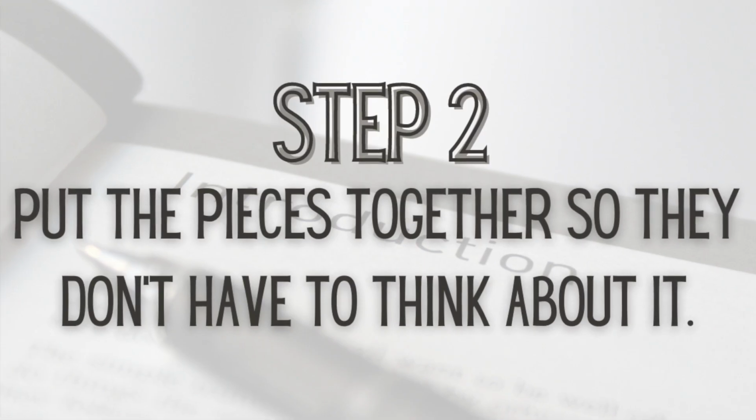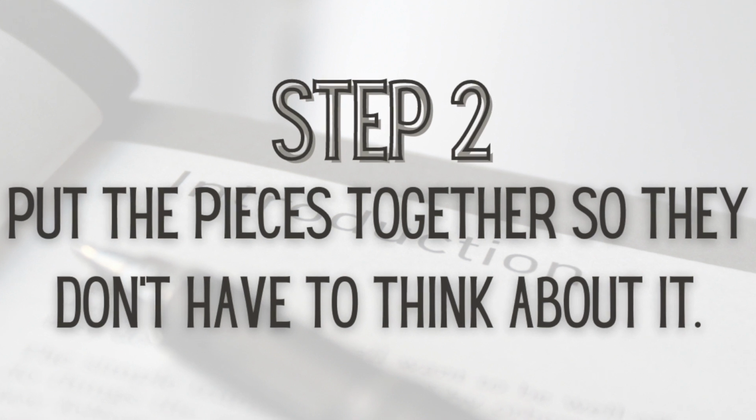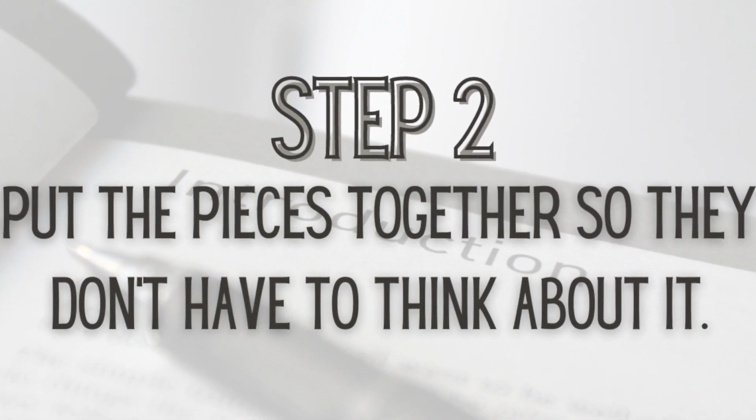Step 2 is that you need to put the pieces together in the introduction so that both parties know why they're being connected and what the expected outcome is of that introduction. This is much easier for you to do when you know both parties. I like to look at person A and figure out what their business model is and why they want to meet person B. And then I look at person B, I know what their business model is, and I look to stitch together, if person A who asked for the introduction hasn't done it for me, what the mutually beneficial reason is for this union to happen.